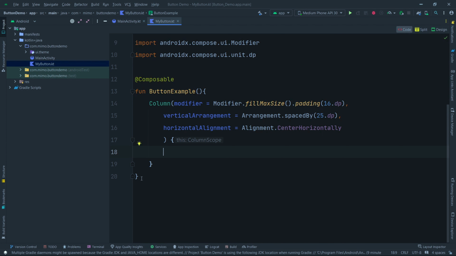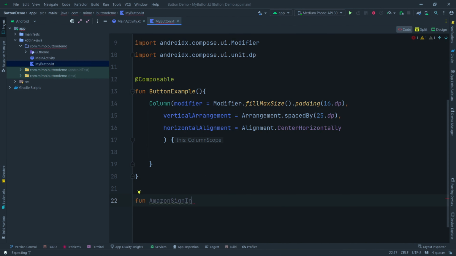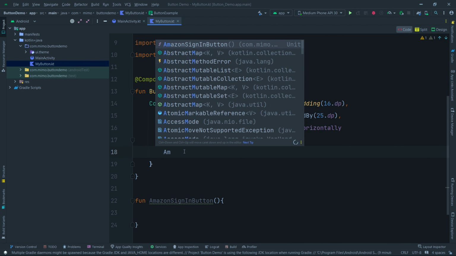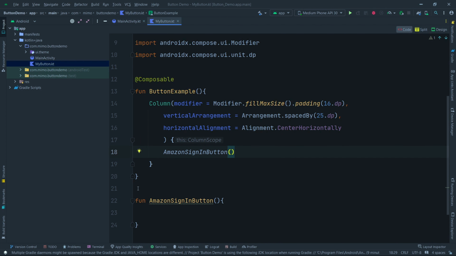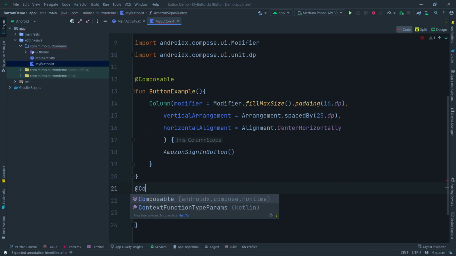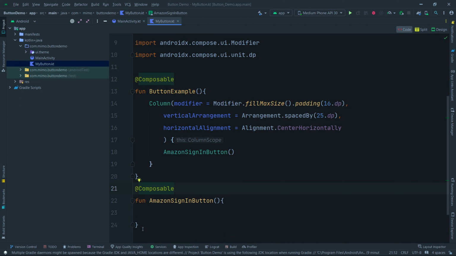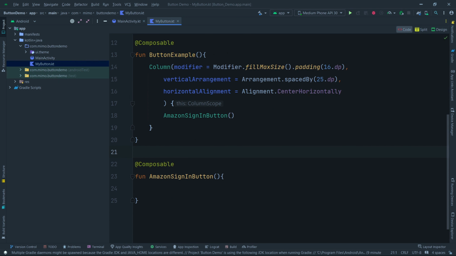For this, we can come down after this, button example body close. After this, we'll have a function which will be basic Amazon sign in, and we can say sign in button. Okay, so it will be an Amazon sign in button. Now we can call this button from here by saying Amazon sign in button. Now we have to make sure this button is a composable. So this function is now a composable function,